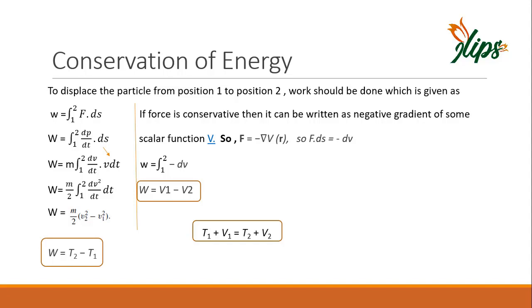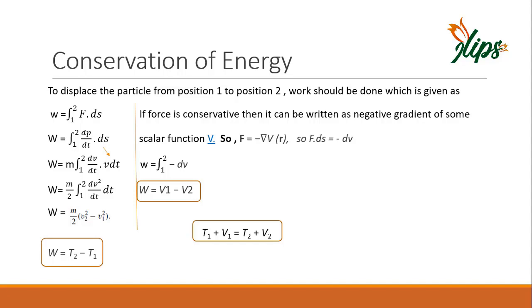So if I displace the particle from position 1 to position 2, the path along the normal direction is the effective path. So it means that ds is the normal path taken. Similarly, the force is equal to the negative gradient, so I can write this gradient in differential form, meaning I can write del V as dV by dr, and ds is also equal to dr because along the normal direction ds is equal to dr.